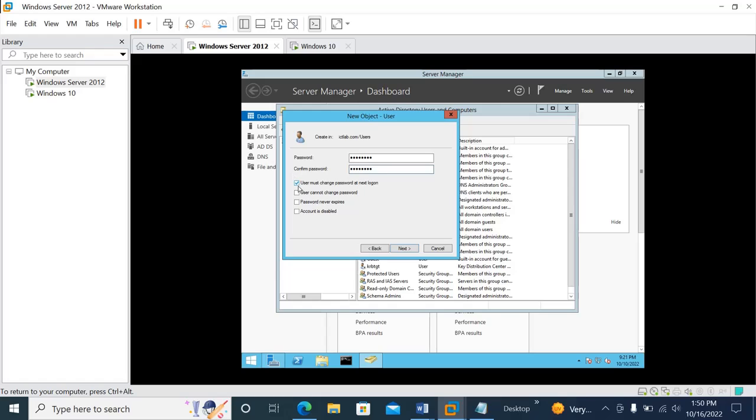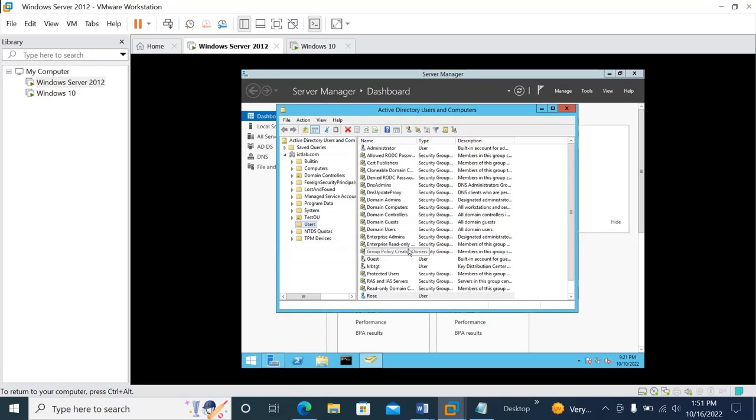and then you can read this. User must change password at next login. If you want your new user to change his or her login details, then you can check in there. But if you don't want them to change their password, then you can click on user cannot change password. I'm going to check this and then click on next and then finish. In this way you can create new users. You can see here Rose is a new user, already created. And then now I'm going to close this one,